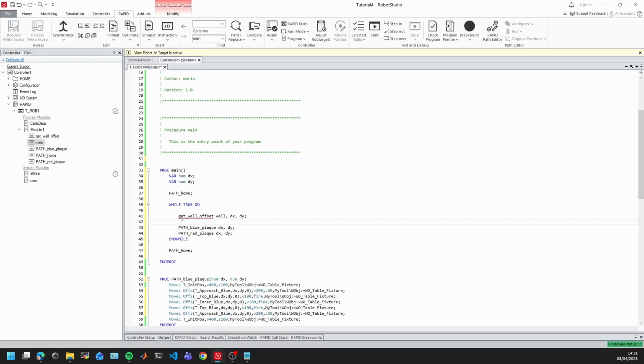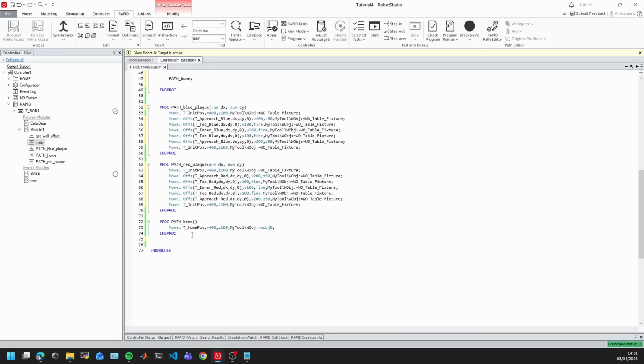Now I have to declare a function that is called getWellOffset. To do that, I'm going to make a process in here, proc, and I'm going to end the process. And in here, I'm going to actually make that function, because these are subroutines. So the function is gonna be named getWellOffset,